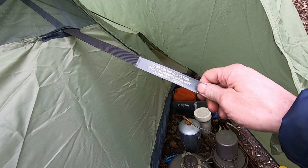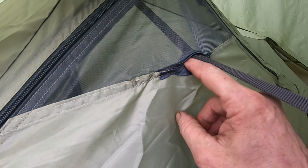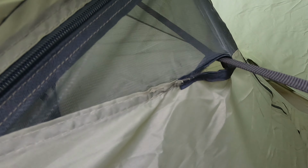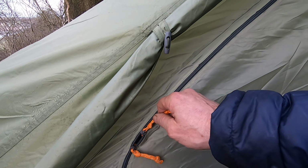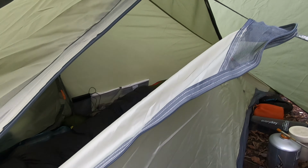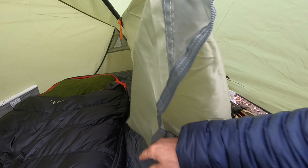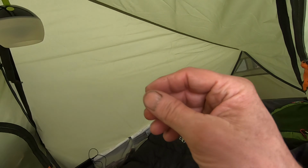Right, so this is the tension band system inside and connected. As you can see, it goes through a little Velcro fastening in the doorway here. But as you can see, it's got a bit of a kink in it. That seems to be a bit of a downside, this one, because I did have to use it last night. So what I actually did was, it gets in the way of the door, even though the door opens right up, folds into a pocket inside, which I'll show you shortly. What I found better last night